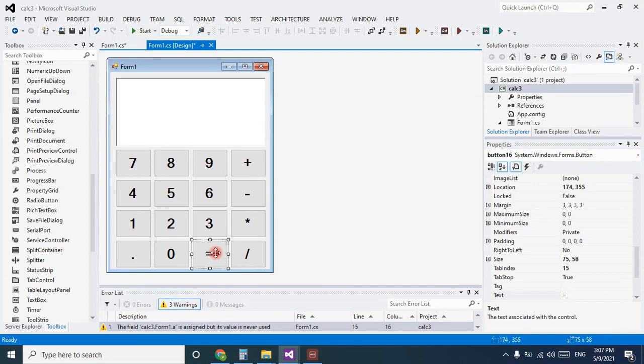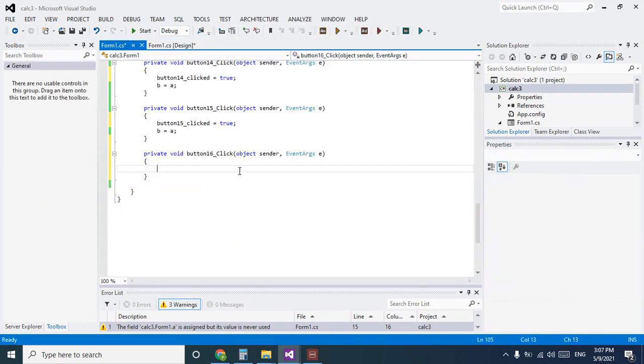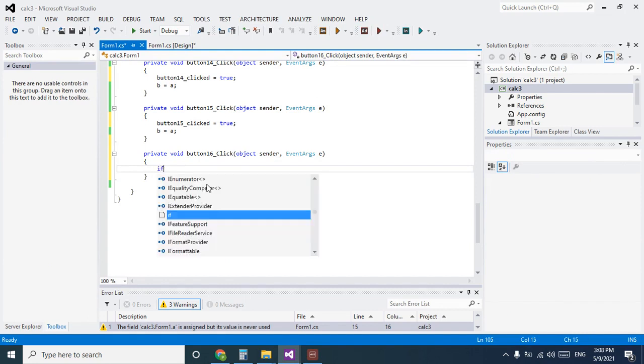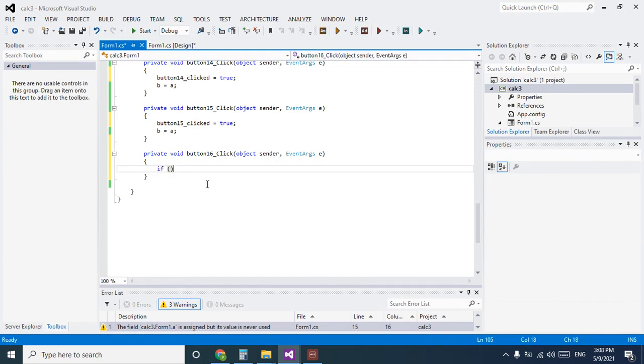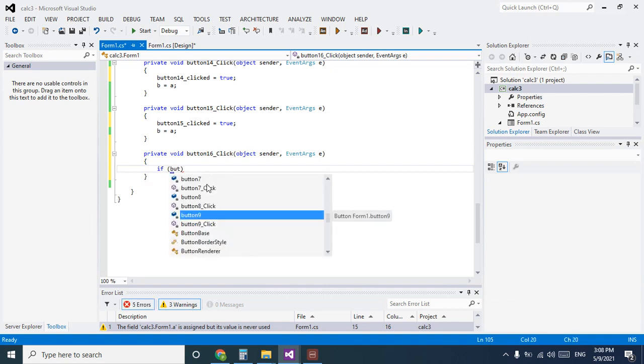We double click on this button, go to this space and define some parameters. For example, we want to use if bottom 12